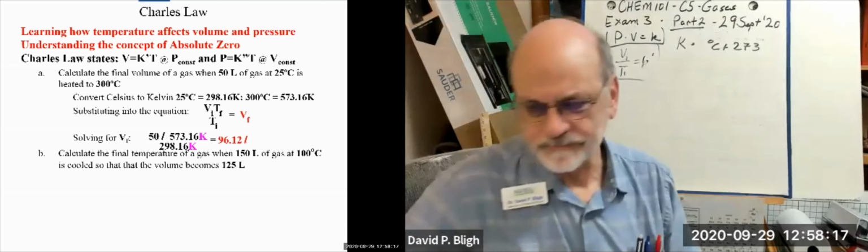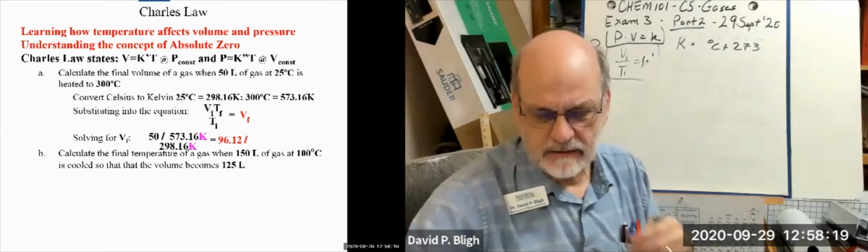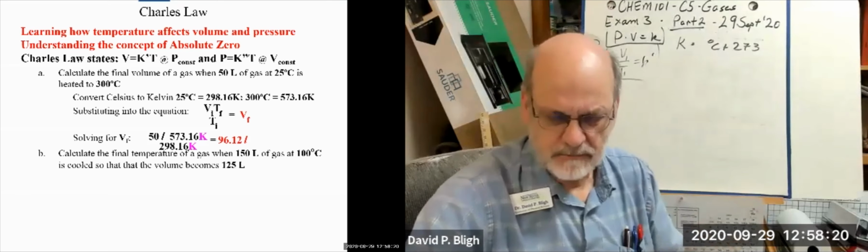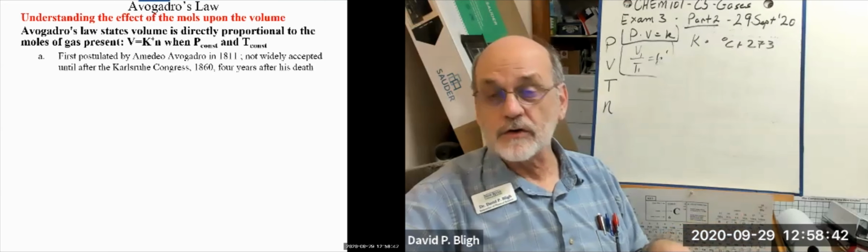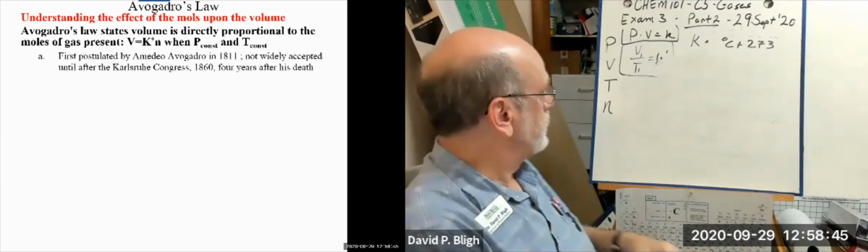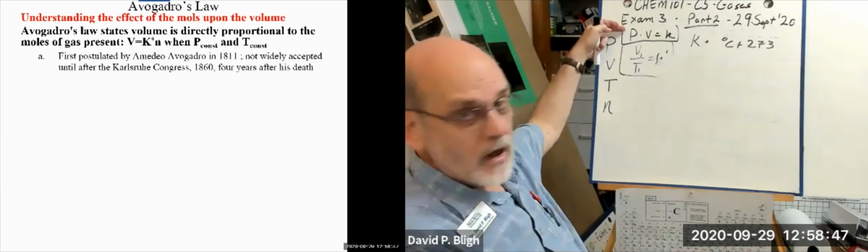So here's another one, but I don't want to get bogged down in doing these problems. At this point, we're going to have time to review on Thursday, and you've got plenty of these types of problems in your review document to give you practice. So I'm going to skip through this one and go to Avogadro's law now. So we had Boyle's law, Charles' law. Now Avogadro's law